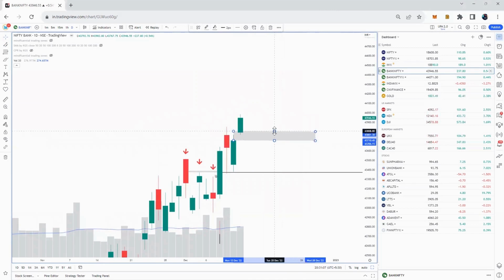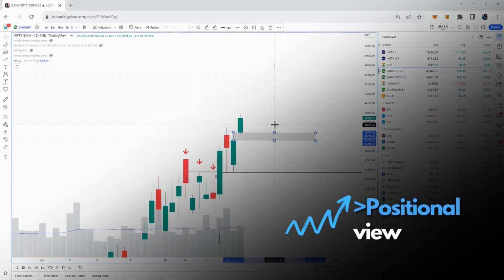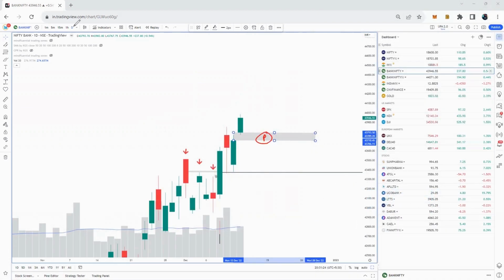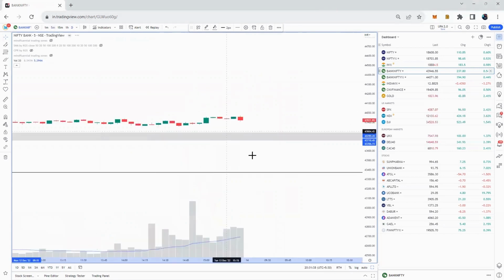And if any bear candle comes and fills this gap, then you will remove it. Till that point of time, this level can act as a good support level from the positional point of view. So remember this word, I'm talking about this acting as a support zone from the positional perspective. That means from a daily time frame perspective. But I'm not talking about this as a support zone from the intraday perspective. So both are completely different, which means when I go to the 5 minutes time frame, for example, I don't consider